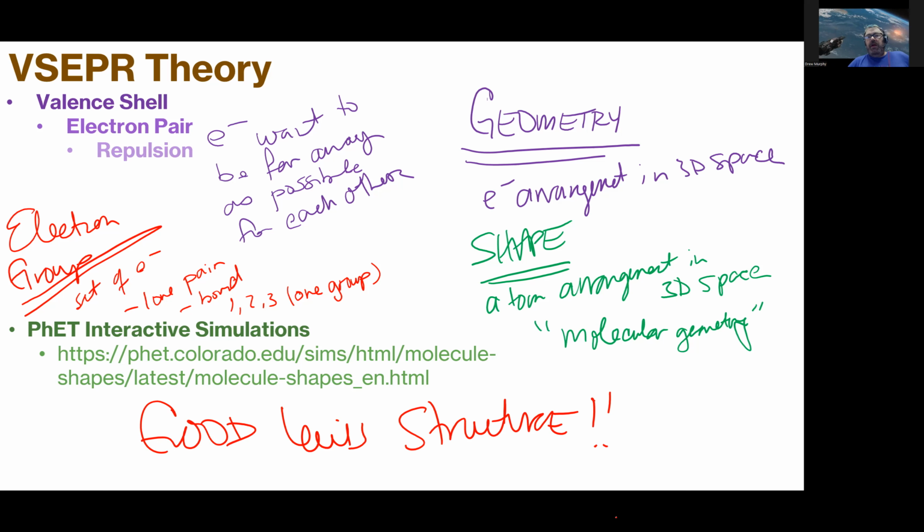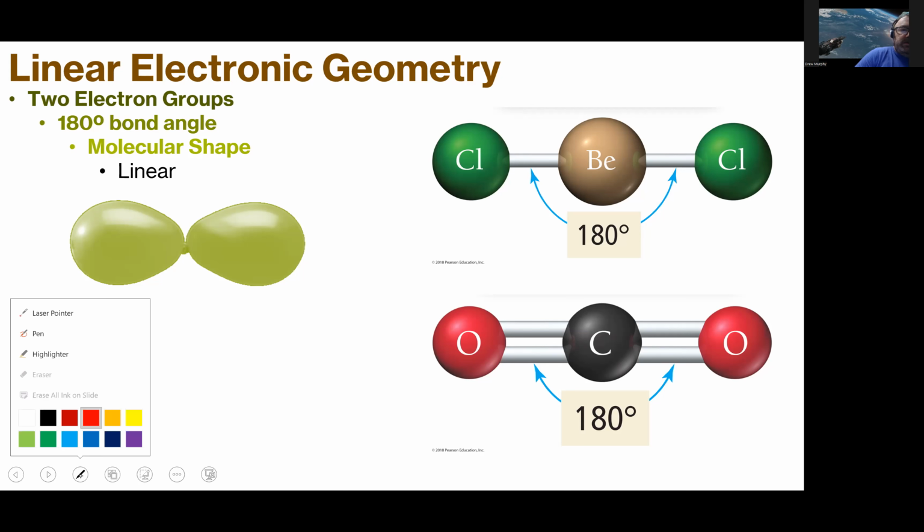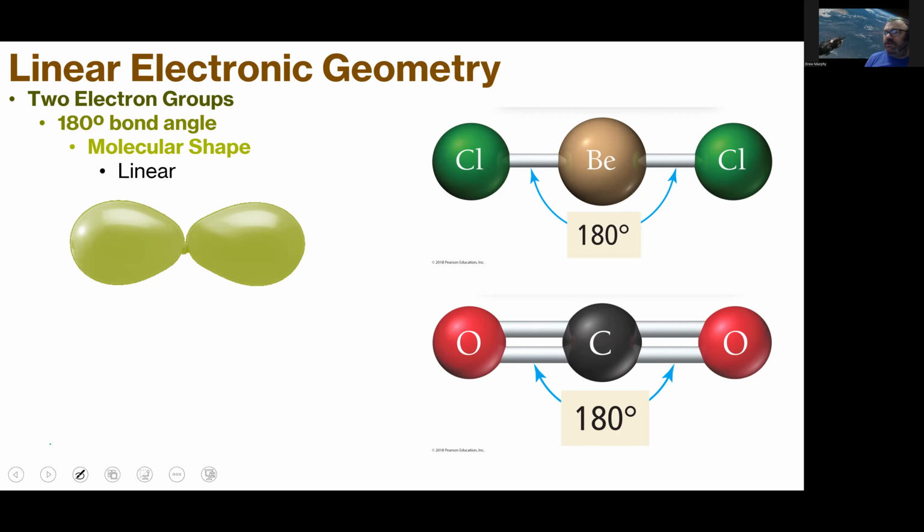All right. So we're going to start off with 2 electron groups. This is the lowest number we're going to have. Usually when we see this, this is 2 atoms connected. Here's an electron group. Here's an electron group. Same thing here, CO2. Here's an electron group. Here's an electron group. If we're drawing out the Lewis structure for CO2,